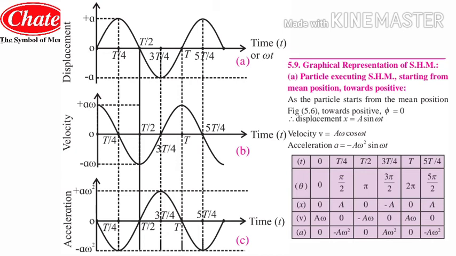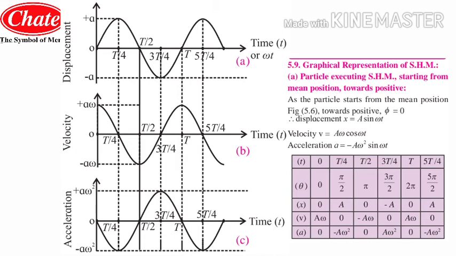So students, if you put the value of theta and the time as 0, then we get the first point, which is a omega, that is the positive extreme position. So the graph will start from the positive extreme position, that is from a omega. Again, if you see the next value, if you put theta equal to pi by 2 in the equation of velocity, then you will get the velocity equal to 0.